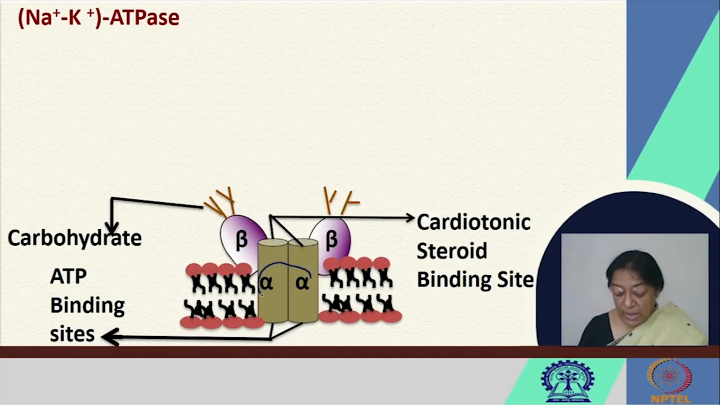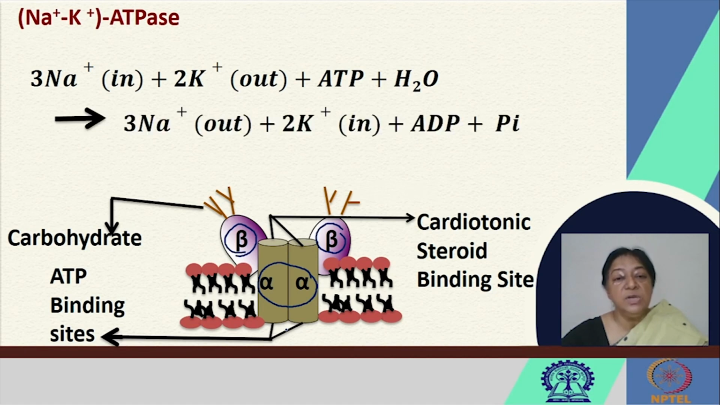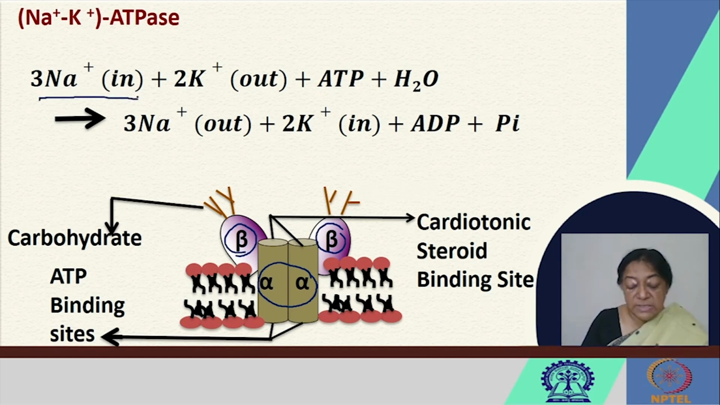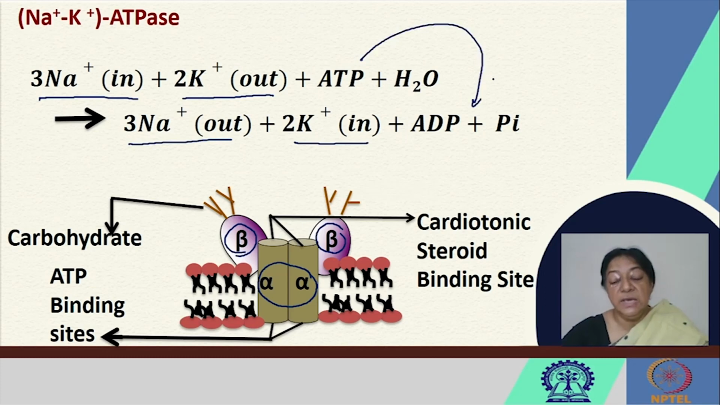So we have the two alpha units and the two beta units. We have carbohydrates attached to these units and specific ATP binding sites for the processes to occur. This is the overall reaction that occurs, where we have 3 sodium ions inside the cell and 2 potassium ions outside the cell, and we have them reverse after the ATP hydrolysis occurs